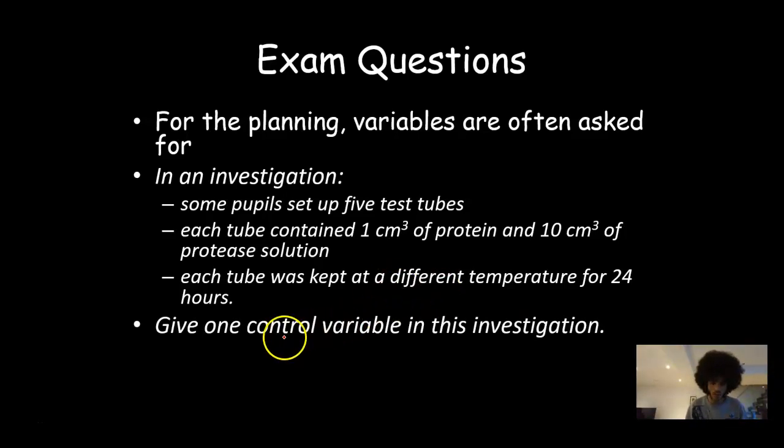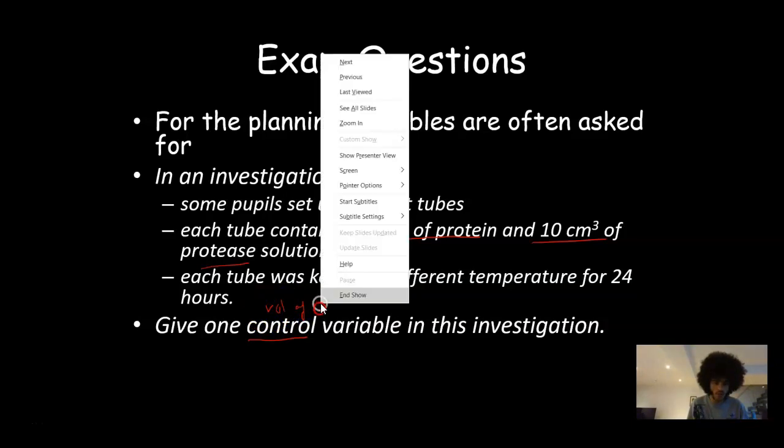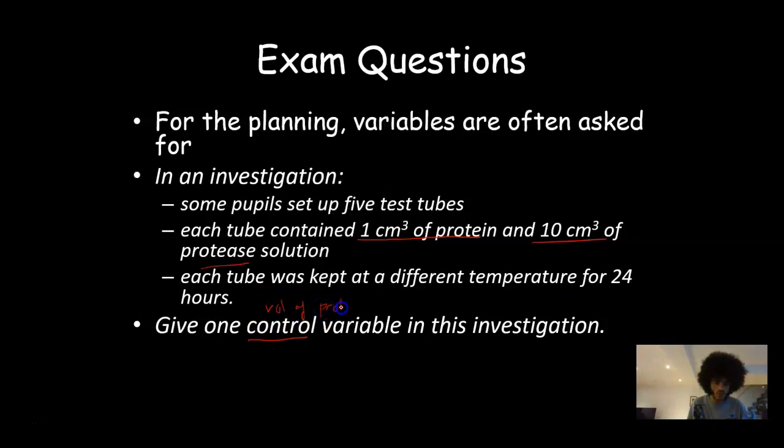Now remember, a control variable is the variable that you want to keep the same, and there's always more than one. And by looking at this method, you can see there's loads of stuff they're keeping the same. They're keeping the amount of protein the same, they're keeping the amount of enzyme the same. So you'd say, and be careful here, don't say amount because that's a bit sloppy. I would say here the volume of protein, or you could say the volume of enzyme,